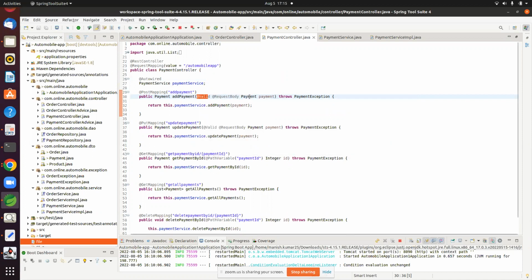This will fetch the data from the request body, which is in JSON format, and populate it in the payment object. And if we find some exception, then it will throw a payment exception.